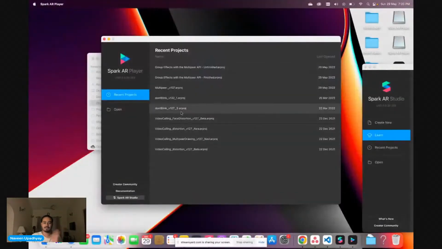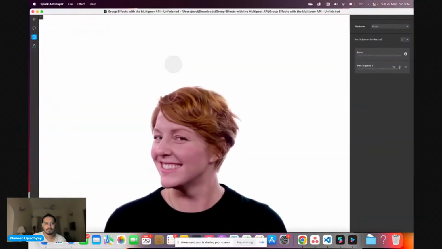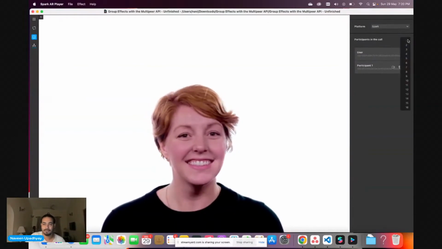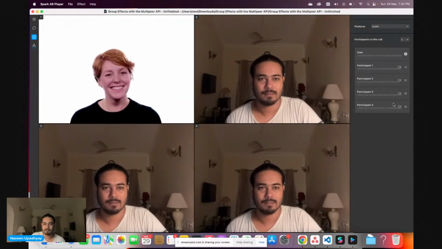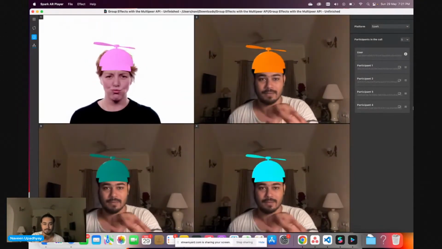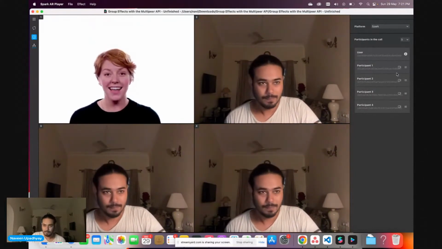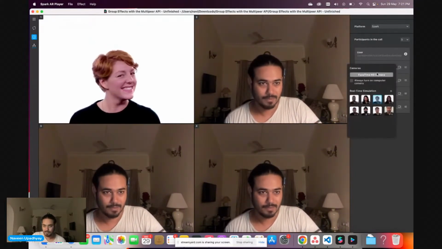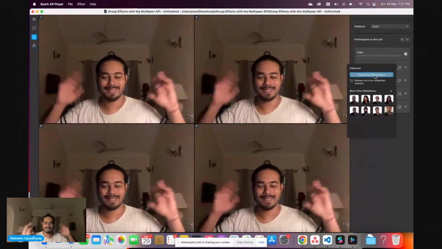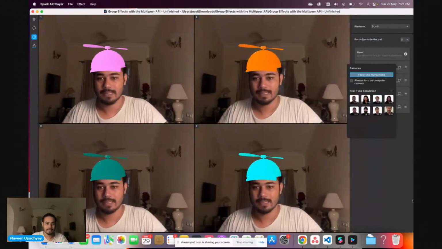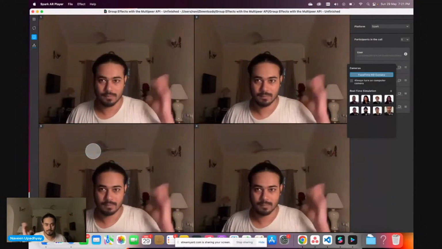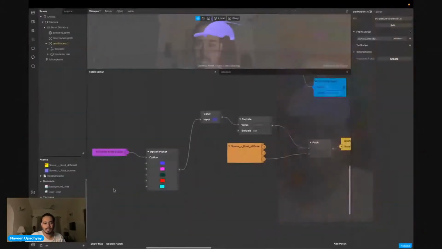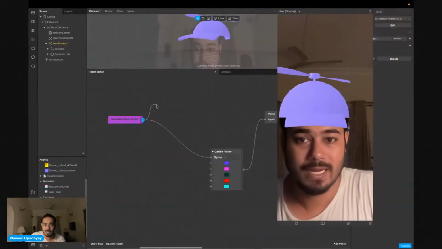Like everybody has a cap, but a different color cap. We changed this little parameter, and each of our friends will wear a different cap rather than the same cap that we were wearing. Let me see who does that. Let me also have myself here so that everybody can blink and goes away. So when I do this, I can see the different color caps on my head, and when I do this, it goes away. So this is the use of the participant ID.